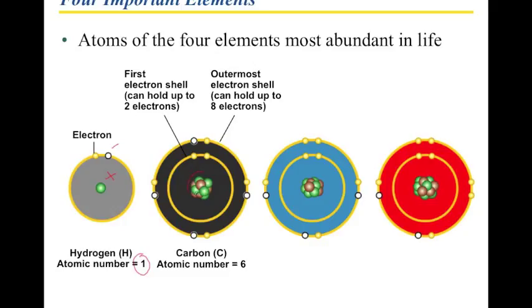In fact, if you were to count them, we would be able to count 6 protons. That is the atomic number of carbon. Then you would also have 6 neutrons. And those 6 neutrons and the 6 protons make a mass number of 12. So the mass number of carbon is 12. In addition, because we have 6 protons, we're going to have 6 electrons so that this atom can remain neutral.